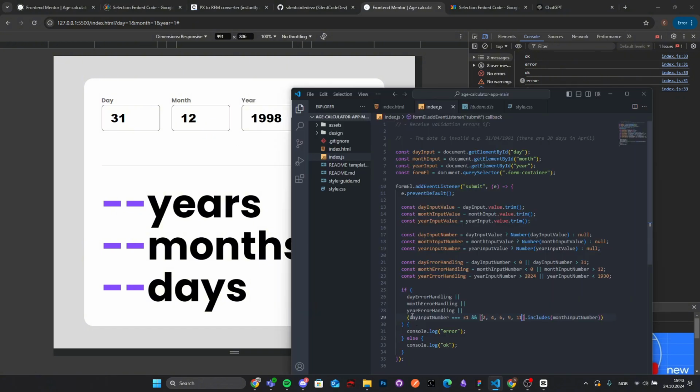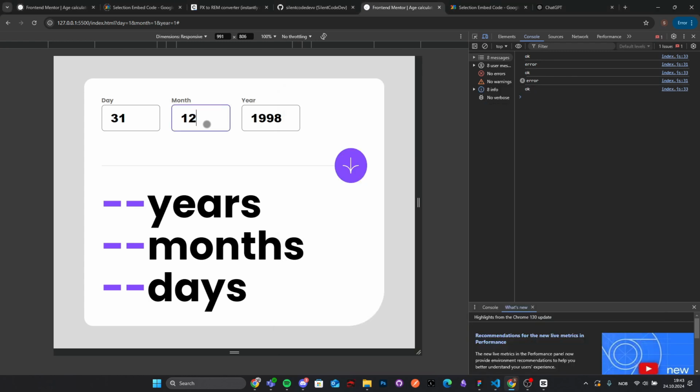So it's just my logic, right? Because this has to be true and this has to be true, right? When I had it the other way, it wasn't working the way I wanted. So we are checking, if you enter 31 days, whether the month doesn't have 31 days, and it's going to give an error, right? So if we do, yeah. Okay, so now